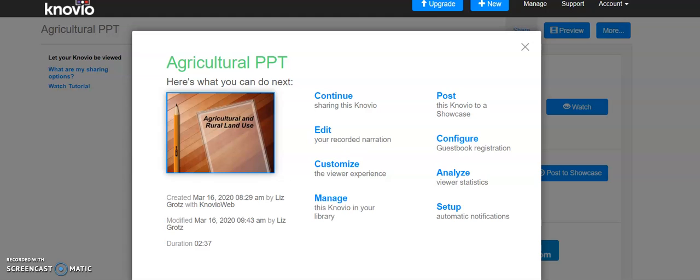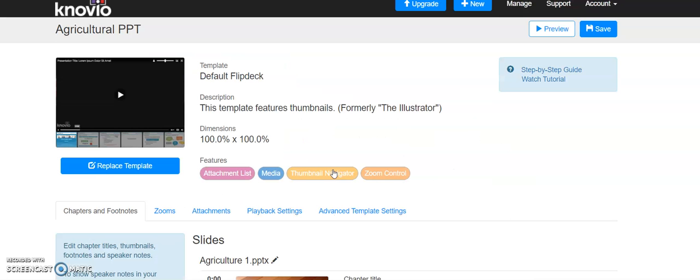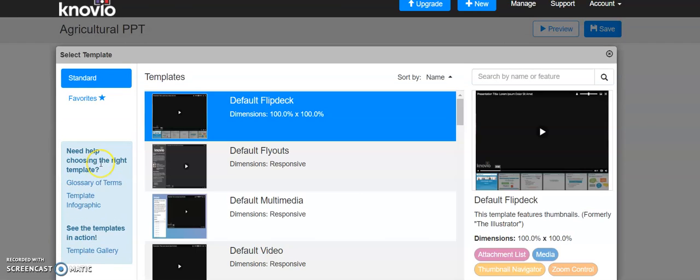Okay, welcome back. So now we're going to be working on customizing the viewer's experience. If you click on Customize, you notice that you're in the default flip deck template, and you can actually change your templates by just going to this button right here. And your template determines what types of extensions you can use, whether they're footnotes, speaker notes, attachments,